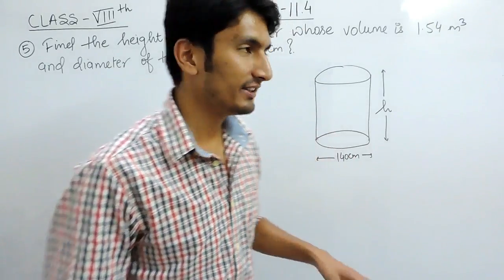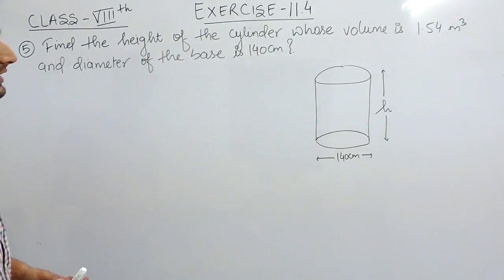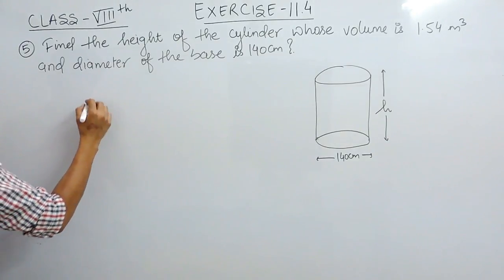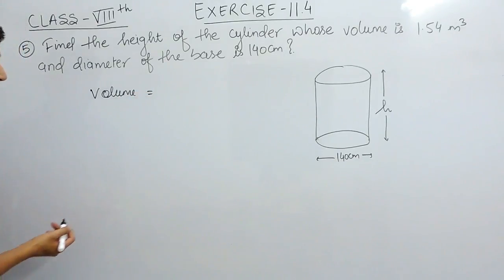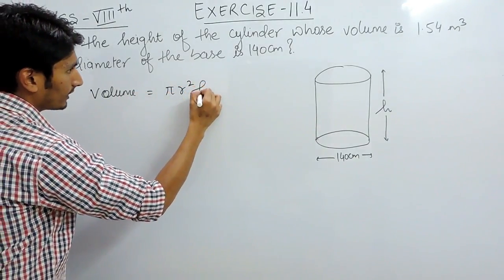Hello everyone, in this video we are going to solve question number 5 of exercise 11.4. The question is: find the height of the cylinder whose volume is 1.54 meter cube and diameter of the base is 140 centimeter. Because here they are talking about the volume, we have to use the formula for the volume of the cylinder, which is pi r square h,